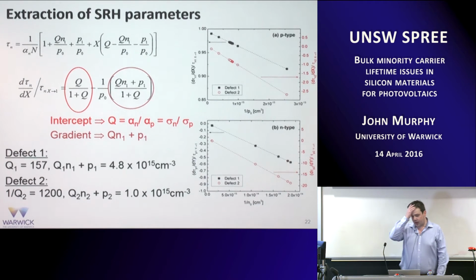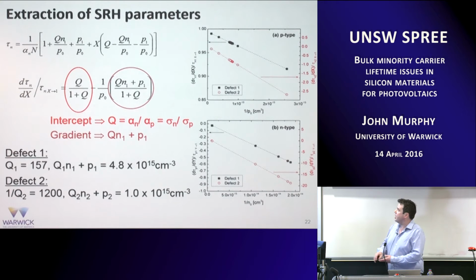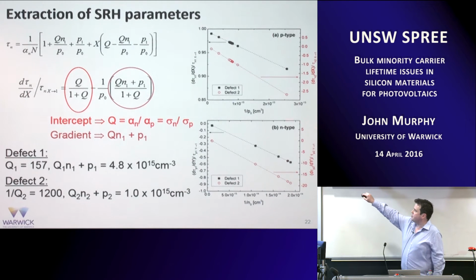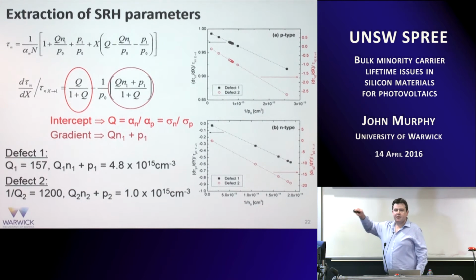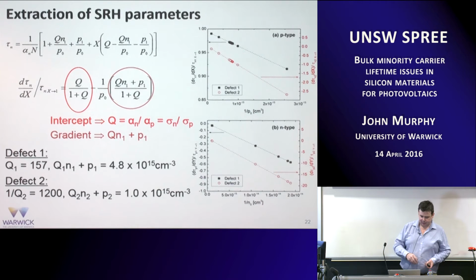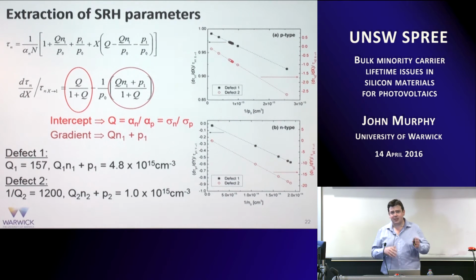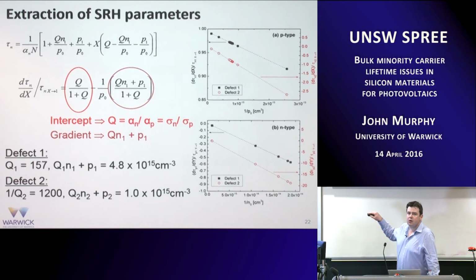And we do this for all our samples. And here we've got the plots for p-type and n-type, and we have 2 defects. We have defect 2 on the right and defect 1 on the left, and we get perfect straight lines for both cases. And this really captures the physics of the recombination process here. We always get straight lines on these plots, which means that the Shockley-Read-Hall parameterization is valid, and we can extract